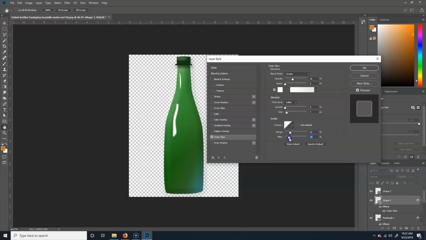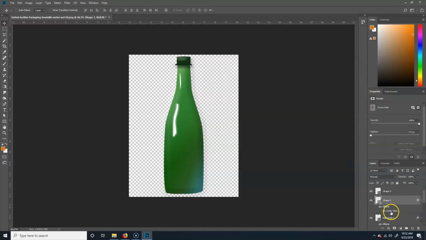All right. Let's see. Oh, here we go. Spread. That's what I wanted. And size. So that basically is going to adjust if you want to make something glow. I just want to give that a little more stuff there. And let's see,